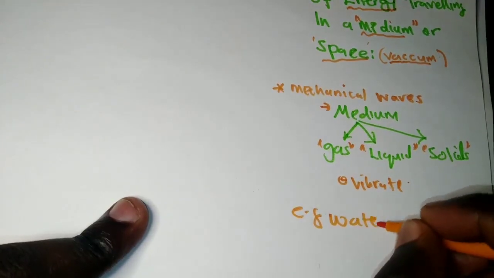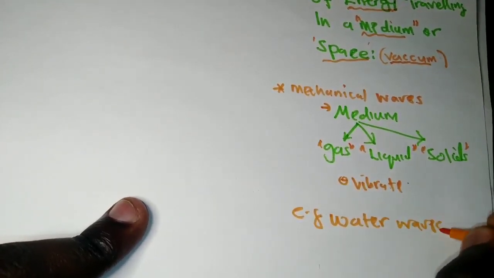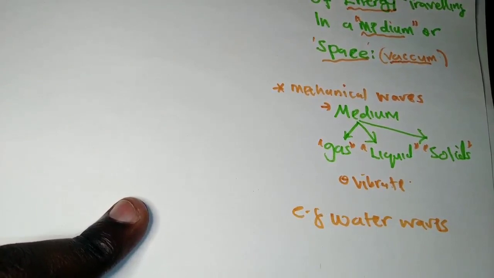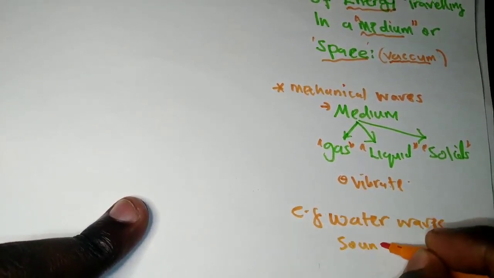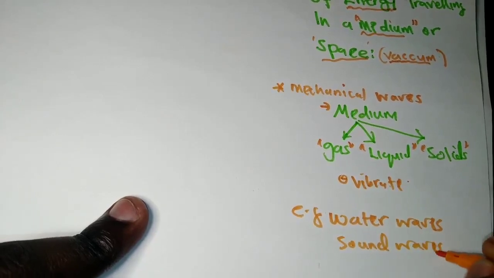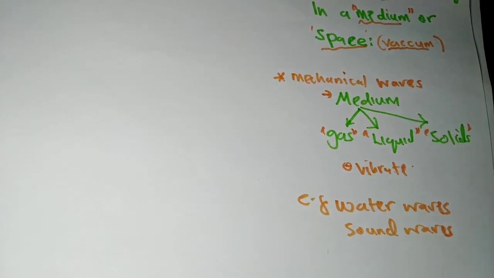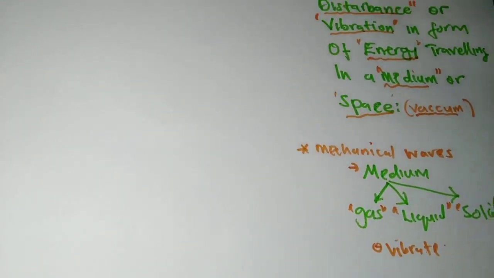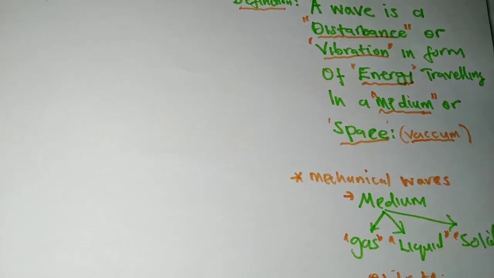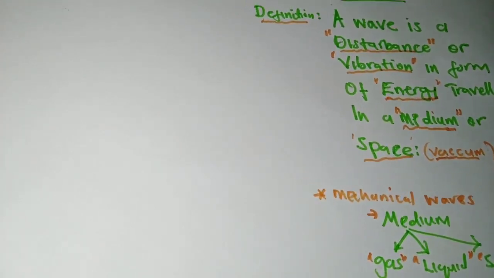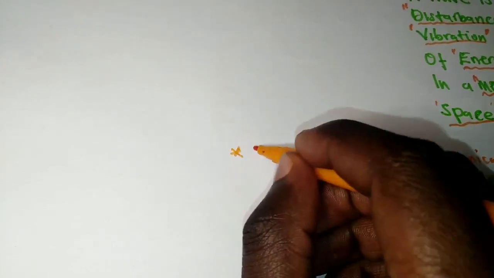I showed you the diagram there. Water waves. We also have sound waves. All these are types of mechanical waves. Apart from this, since we said waves travel in a medium or a vacuum, or space, now we have others that can travel in space. They do not require a medium. Waves that do not require a medium, we call them